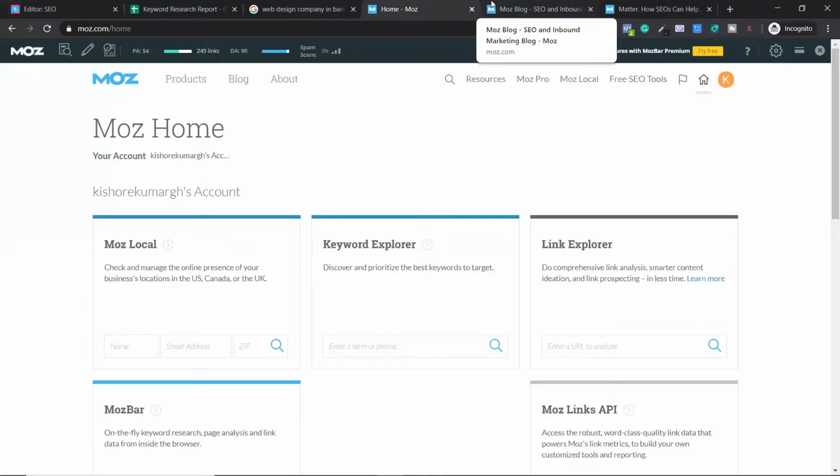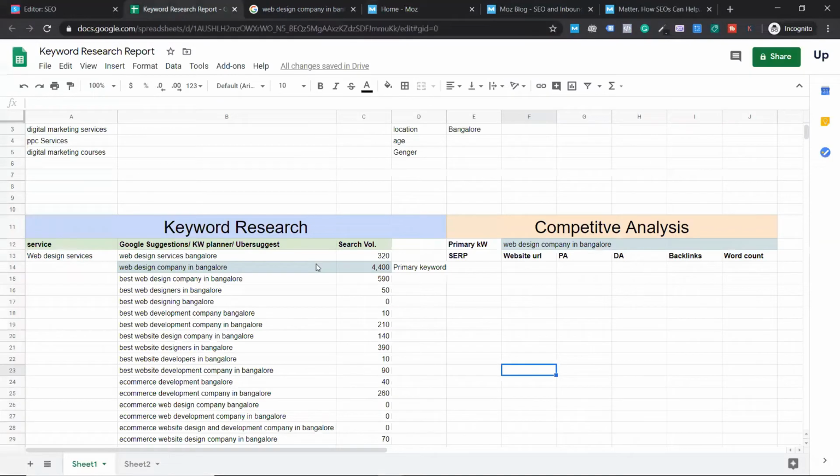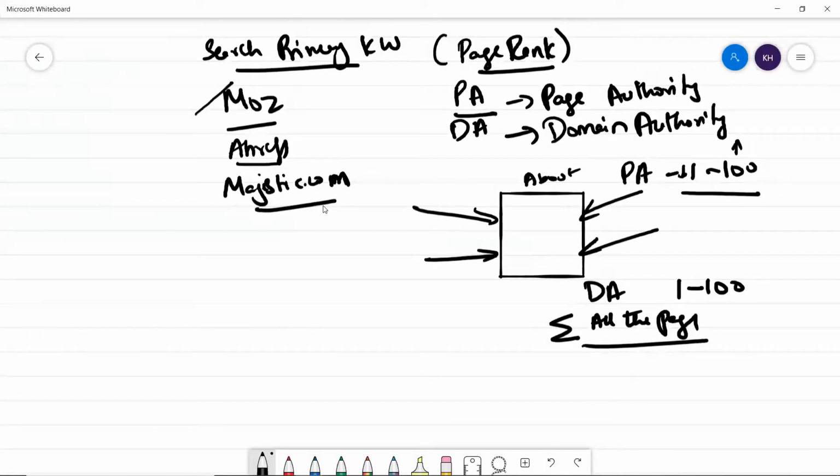Just like PageRank, even Moz has their own metrics. They come up with something called PA and DA. PA stands for page authority and DA stands for domain authority. If you go to majestic.com, they have their own metrics called trust flow and citation flow. But I'm not going to cover Ahrefs because Ahrefs is a paid tool. Their metrics will be paid. So Moz is the only company that gives it for free. That is the reason, as the industry standard, everyone talks about the domain authority of a site for SEO. When we talk about domain authority, it is Moz authority only. Moz metrics only.